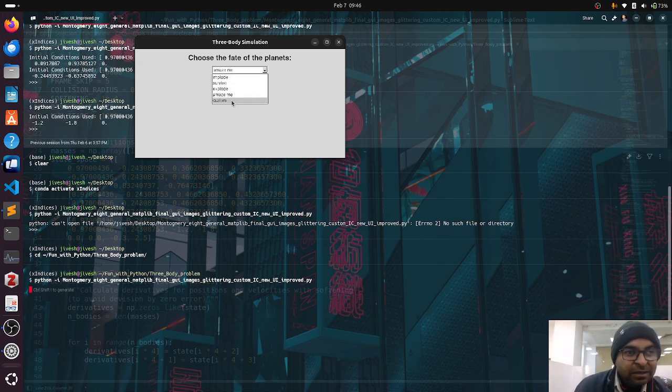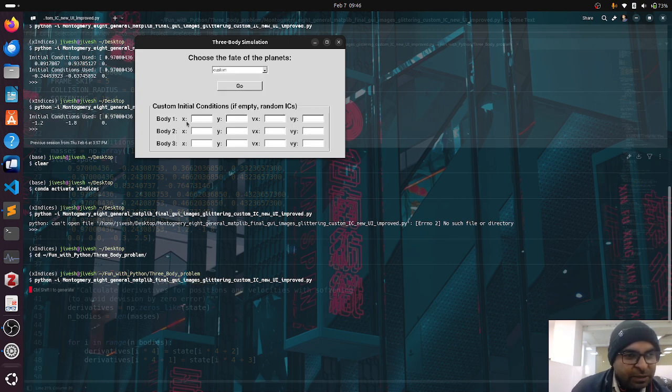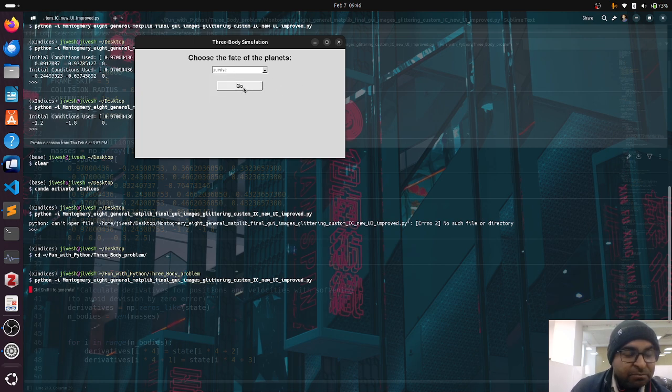Another option is custom initial conditions. If you want to play around with specific initial conditions that you have in mind, you can also do that. It would require the positions of these two bodies. You can give something from +1 to -1, and the velocities, those also you can give from +1 to -1. So we'll start with a simpler case. I'm saying simpler, but it's not a simpler case. Out of many initial conditions, this is the one where the system remains in quasi equilibrium. So let's see.